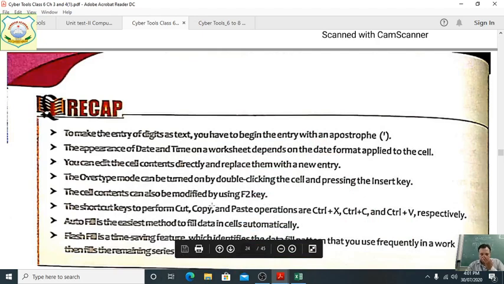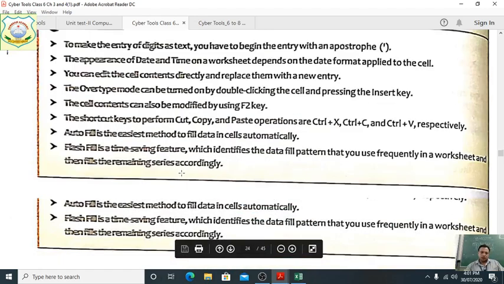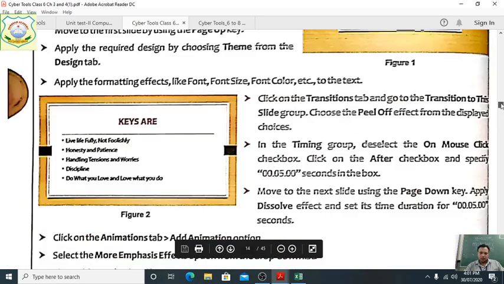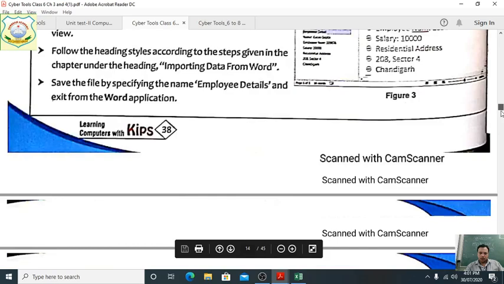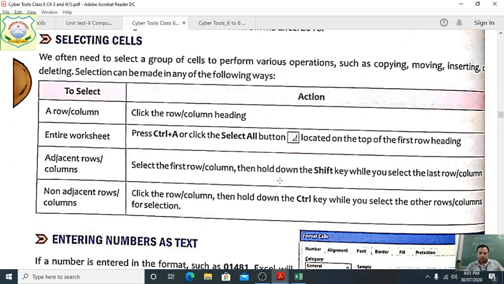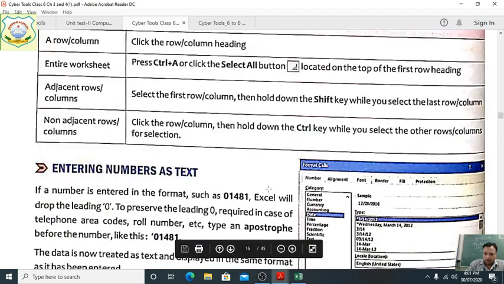And here the recap is also very important, students. You have to learn it. We have already done most of it and you have all noted it, students. This is the Excel part, and this is very important to learn, each and everything: all the shortcut keys and the main points given.